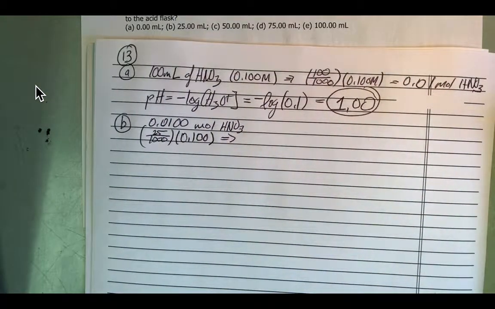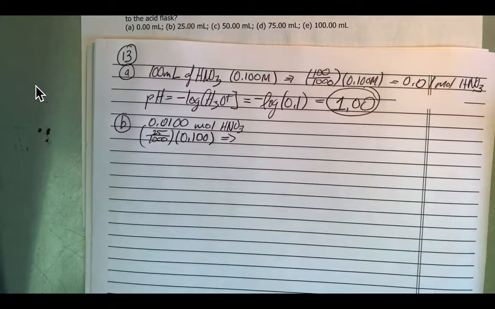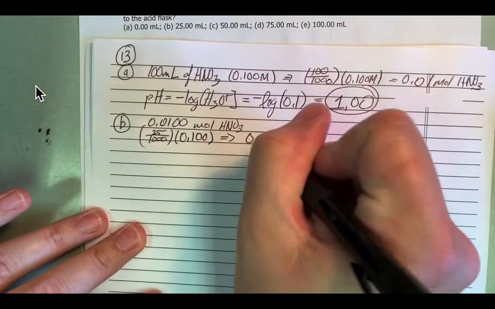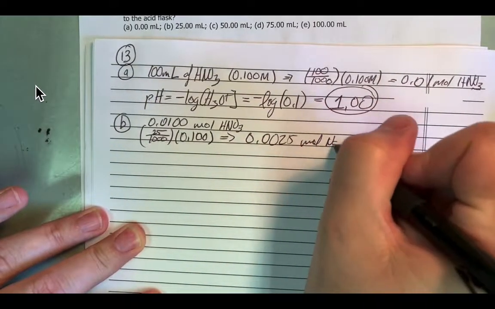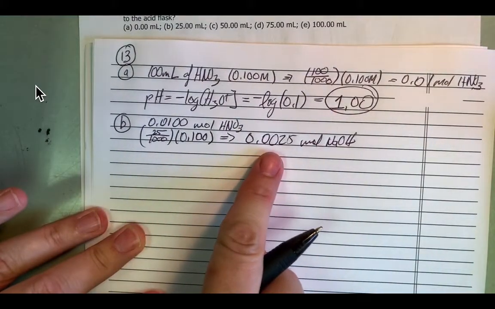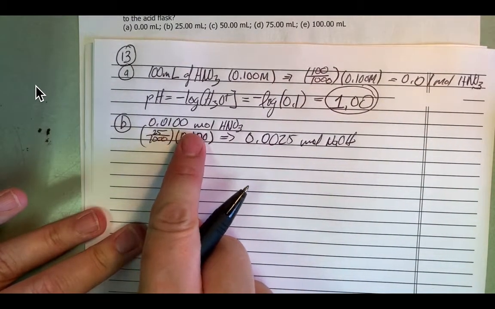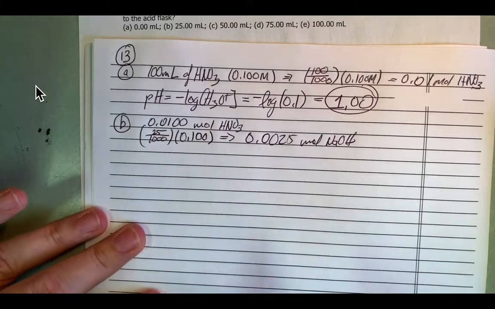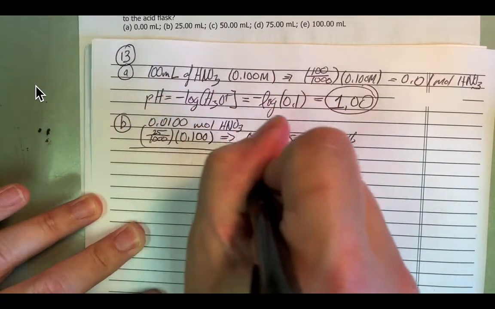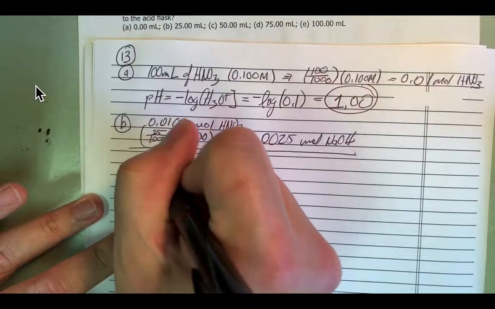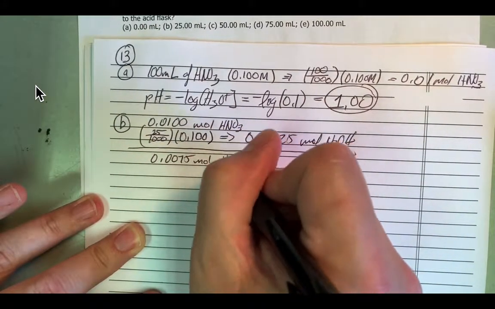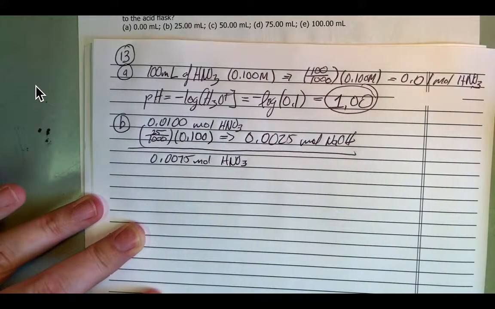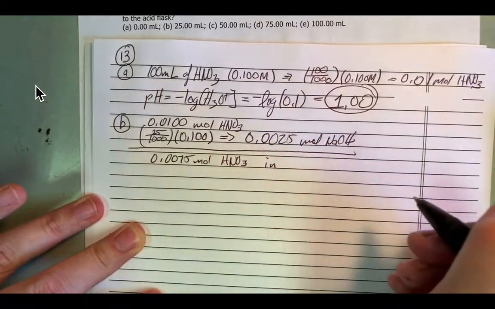So that gives me 0.0025 moles of sodium hydroxide. Well, so exactly 25% of that nitric acid is going to get chewed up. So at the end of the day, we're left over with 0.0075 moles of HNO3,